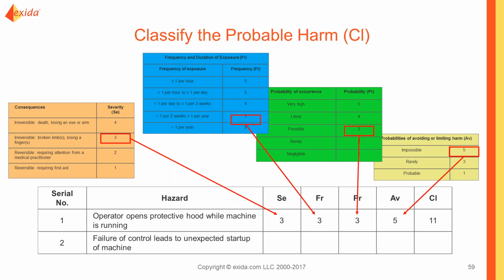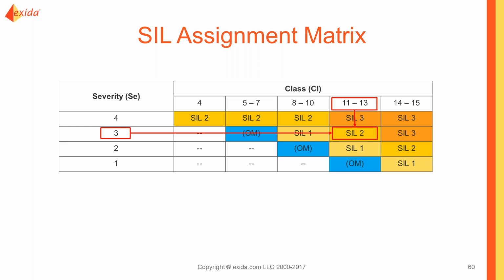And if they reach into that machine and it didn't turn off and it's running, then the probability of avoiding the harm is nearly impossible, I would say. The mitigation is they don't reach in, which we're going to give credit for, but if they do reach in, they've got a big workpiece in there that's spinning around, they're going to have an injury. So that would give us a severity 3, and we would add up the class to get to 11,